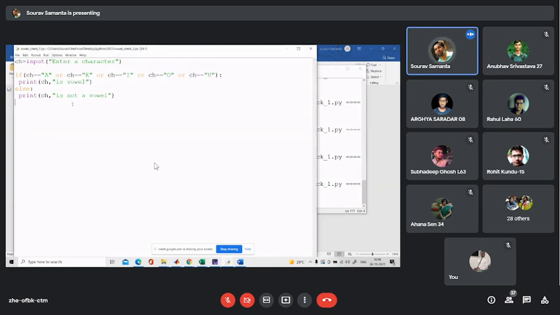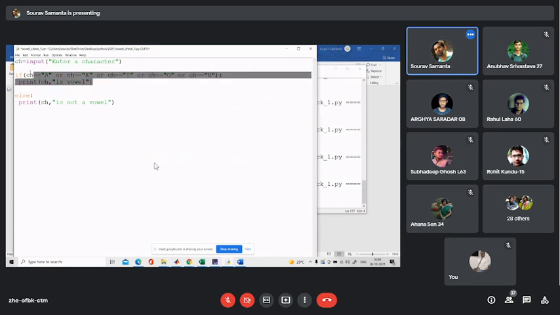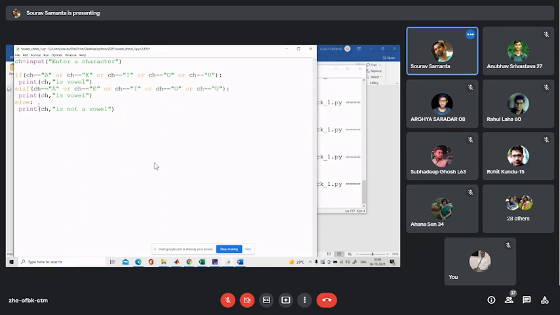So what we can do here, we put A, E, I. Sir, if we use ch.upper() equal to for all of them, then we only have to write it once. That can be done, I will show it in one aspect. First you convert it: if it is in lower case, convert it to upper case. That will be another program. That means the user will give any input, either in a capital letter or small letter, but if it is a small letter then it will convert it to the capital letter and then it will be tested. Okay, that we can do.